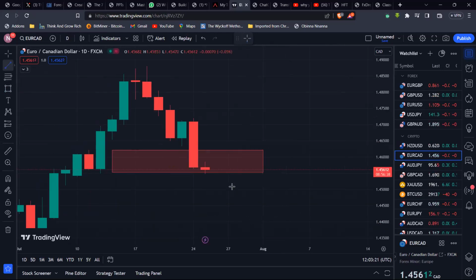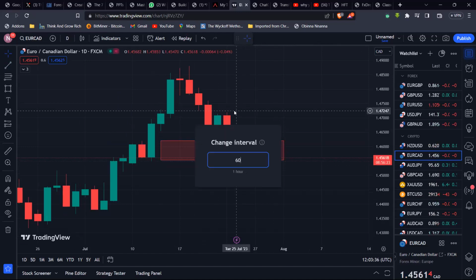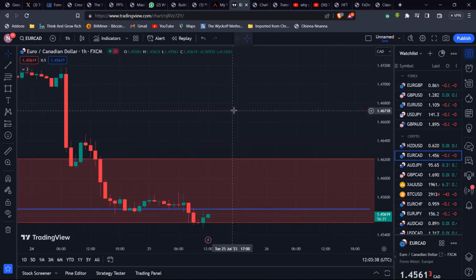Look at the previous day low here. This is the low of the previous day. So if today's candle closes back above this previous day low, then that could signify the price maybe wants to respect this area and begin to push up. You can also maybe go down to the smaller time frame and then